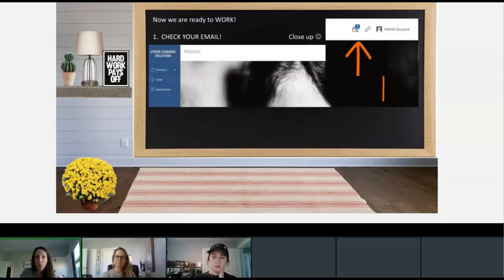So this person here has one unread email. That's not too bad. Sometimes kids have hundreds of unread emails, and you know who can see that? We can. Your student support specialists can see how many unread emails you have, okay? We're like little detectives over here. So you're going to check your email every morning, because we email a lot. You guys have a teacher for every subject. You have a guidance counselor. You have us. You're going to have a lot of emails. And if you don't check on a regular basis, you're going to be missing some very, very important information, okay?